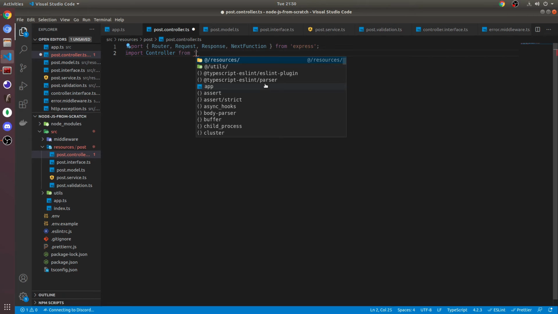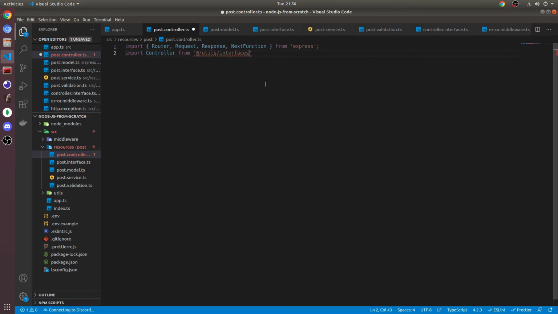And this is one of those times where the module alias comes in really handy. Otherwise, we'd have to do ../ and stuff. So we've got @utils/interfaces/controller.interface. And then we're going to import HTTP exception from